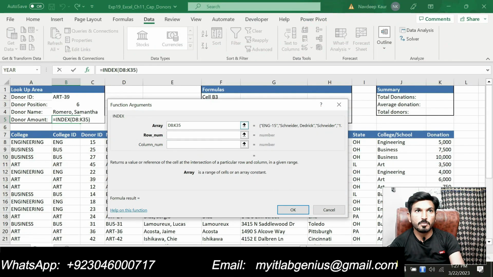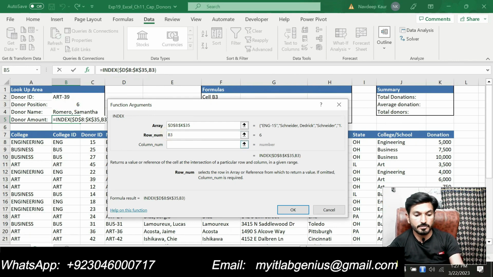So we will use the same range again. D8 K35 is our array, and again our row number will be B3, that we got from the match function.